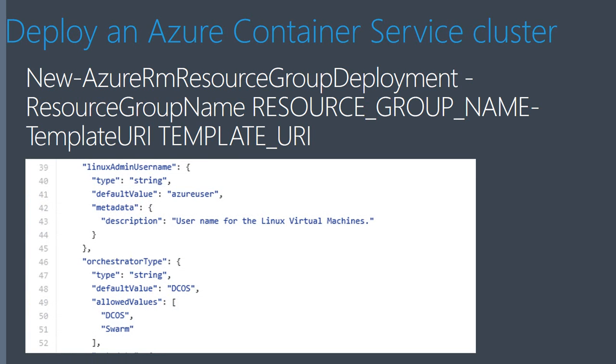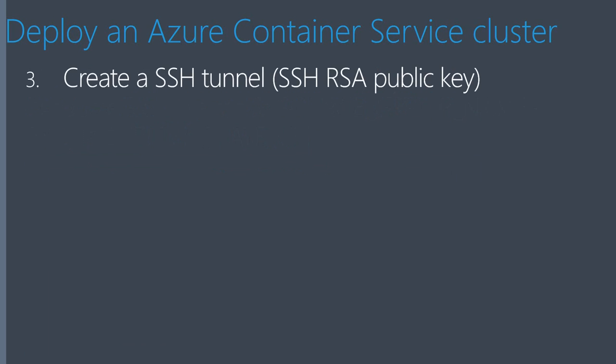If you go and inspect that Git URL, you will find that both definitions are nearly identical. The difference is that the default value is set for DCOS in one and for Swarm in the other. Once you have this definition of the cluster,